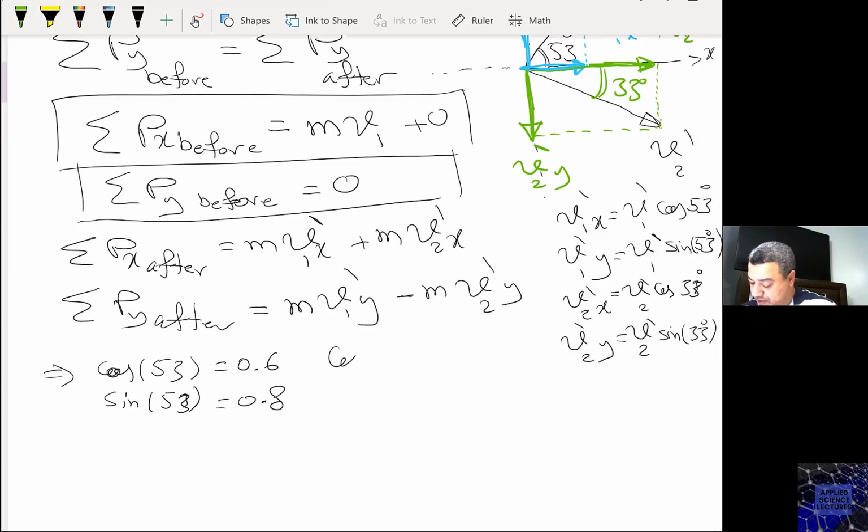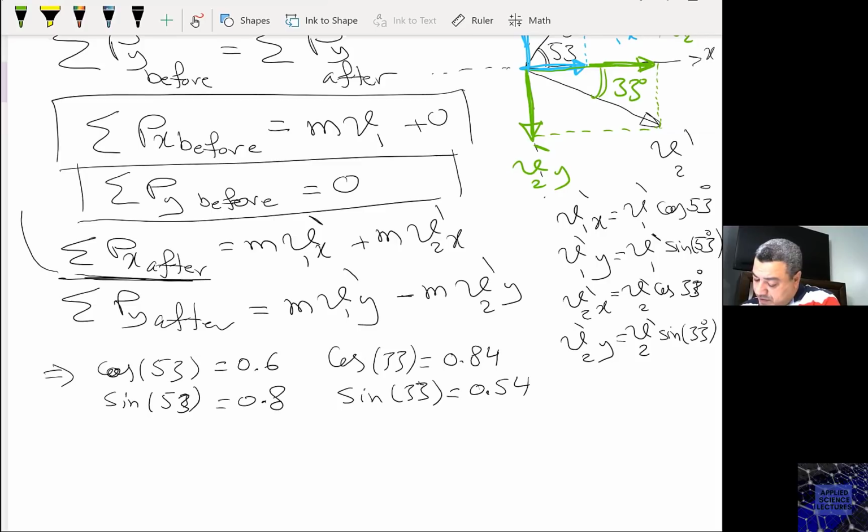I have cosine 33 as 0.84. I have sine 33 as 0.54. Now let's substitute. Remember, this one equals this one. So I have